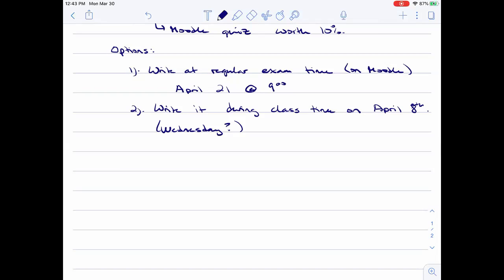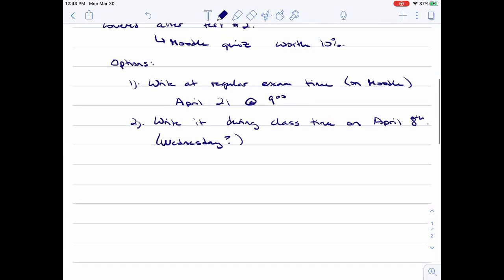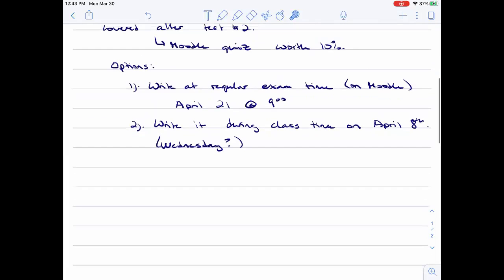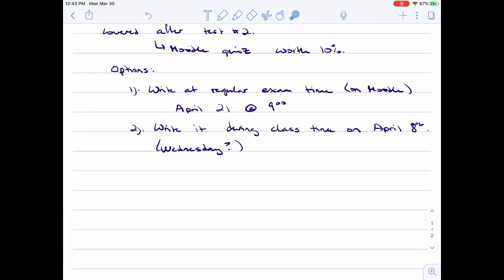So we've got 2 options. We can write it during the regular exam time, or you can write it during class. We will have to decide together which one you prefer to do. Kind of get it over with on April 8th, because it satisfies the less than 15% of your grade criteria. Or if you want to put it off until April 21st, either way, it's just going to be on Moodle,